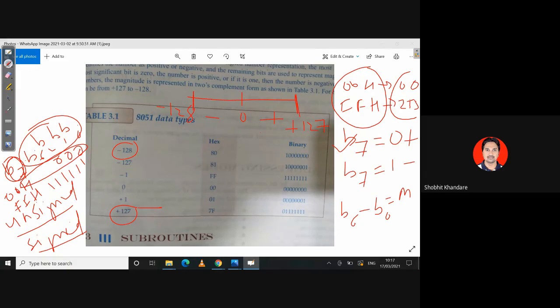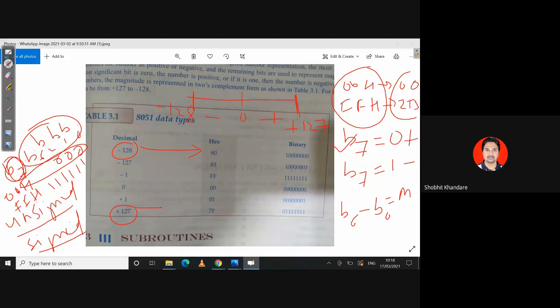So you have to know this, the data types used in 8051. I should know the range, so I can conclude that as far as signed numbers are concerned, the range is from -128 to 127, and for unsigned numbers, the range is from 00 to 255 in decimal, or 00H to FFH. Now come to this particular slide which I am showing on the screen. Here in decimal it is showing as 128, and in hexadecimal it is 80. You can try with this. Now my negative, now it is -128.